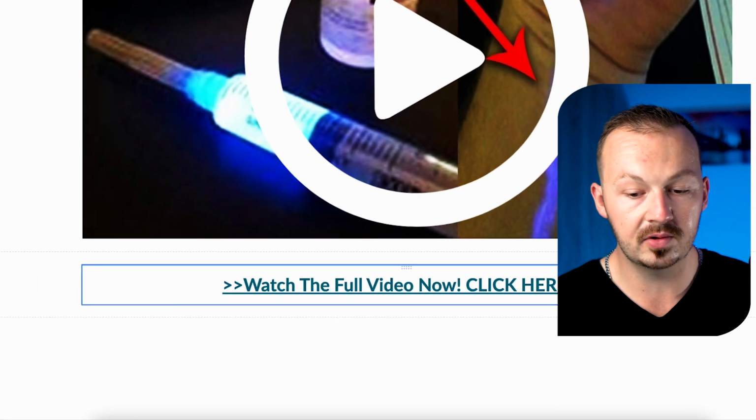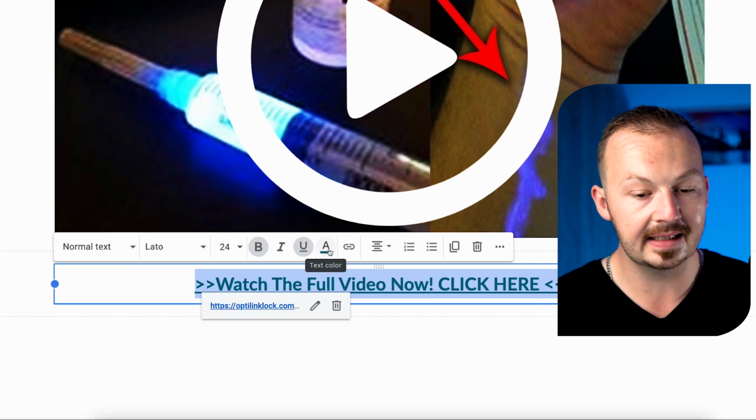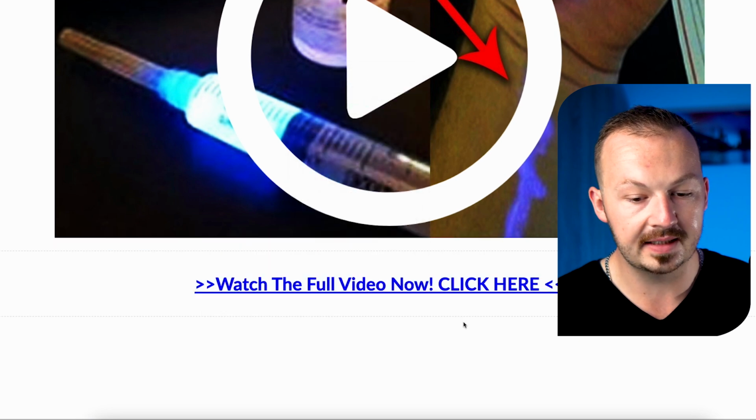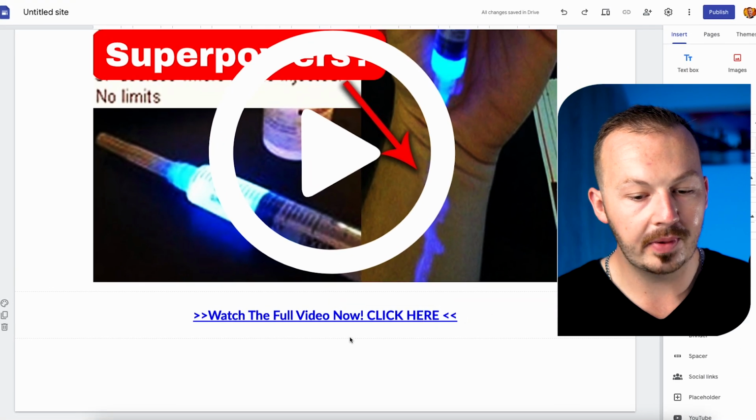What you want to also do is make sure you're going to select this entire sentence one more time and also select a different color. If you're going to go to colors and select this one right here, it's going to look a lot more like a clickable link that you can find on other websites, and people are going to be clicking on it